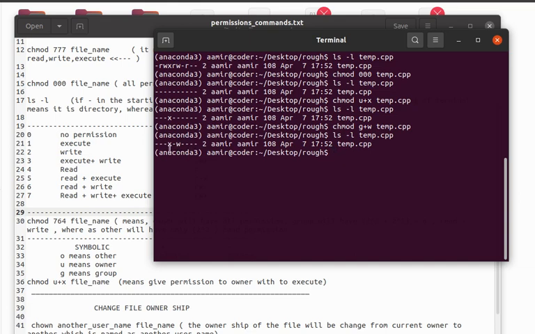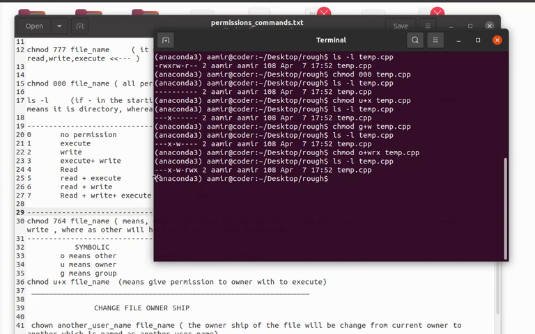If you want to give the permission to read, write and execute to the others, we will use chmod, and o means others, and plus rwx temp.cpp. Now if we check, read, write and execute permission is given to the others.